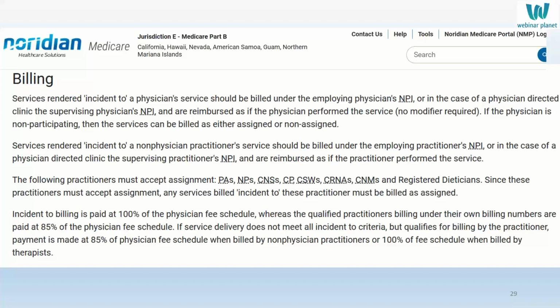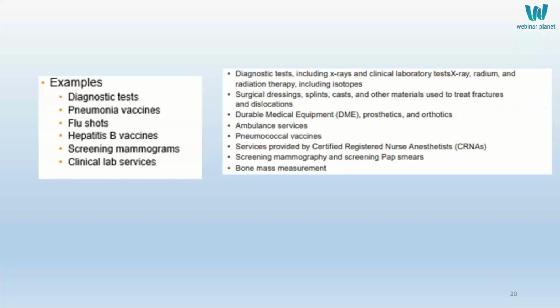If the service doesn't meet the incident to criteria but qualifies for practitioner payment, it's made at 85%. So they're laying things out, spelling things out for you in different levels. So again, notice the lists were different for what their own billing categories meant, but that's just why we have